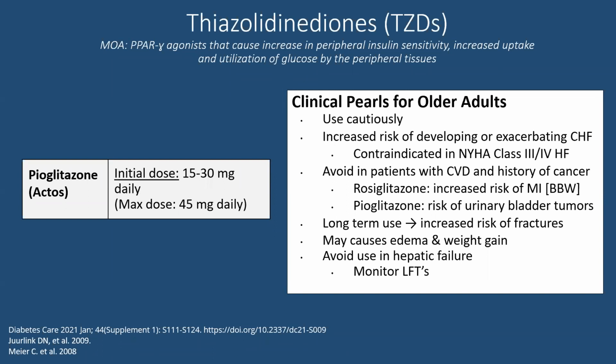And one of its main side effects is edema, sometimes related to CHF, sometimes not, and weight gain. And because of Rezulin and because of all that liver toxicity history, it's still recommended to check liver function before you start these drugs and monitor throughout treatment to make sure liver function is not altered by these medications. With Actos, it's a very rare event. You still check LFTs, but I've never seen a problem with it. Next slide.